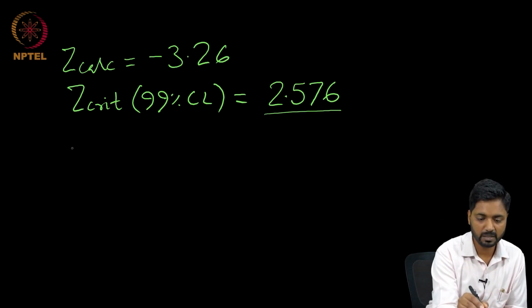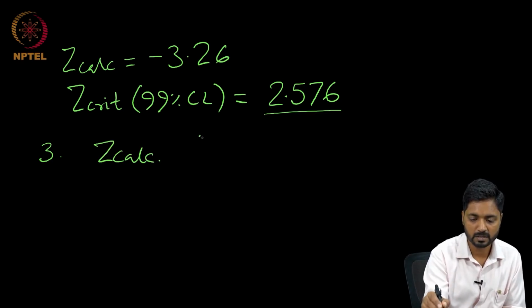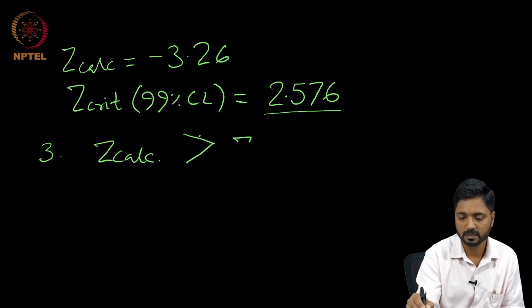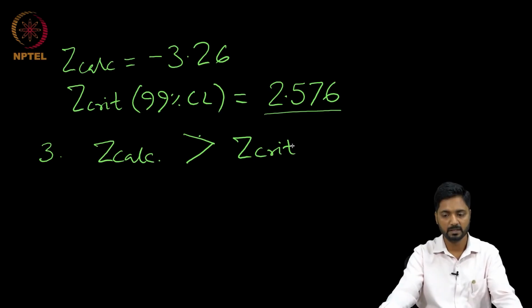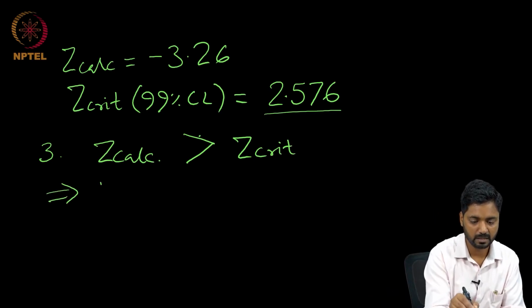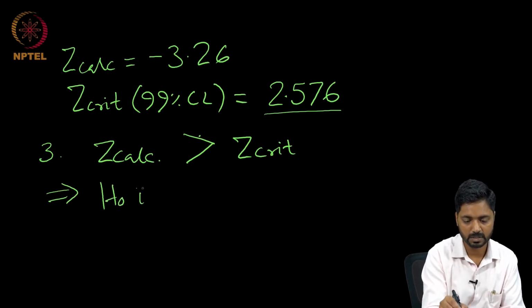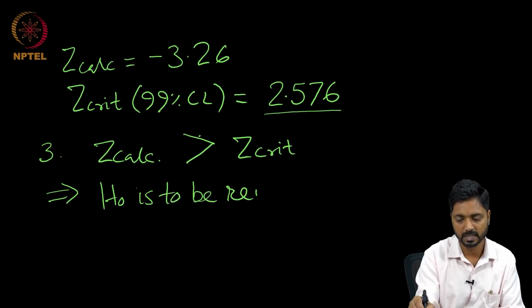When we compare, we still find in the third step that the z calculated value is greater than the z critical value, which implies that the null hypothesis is to be rejected